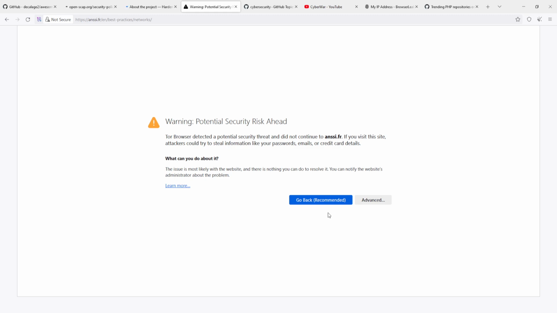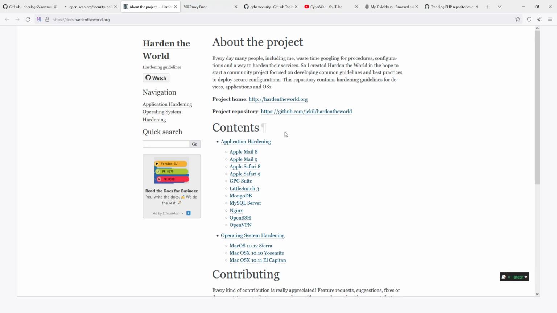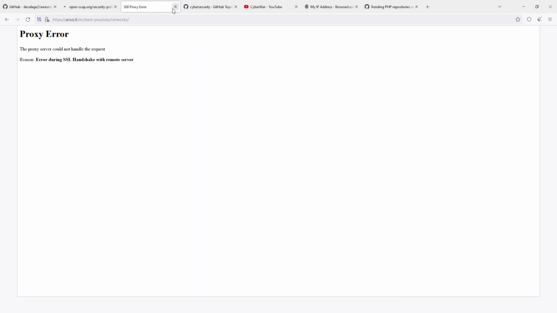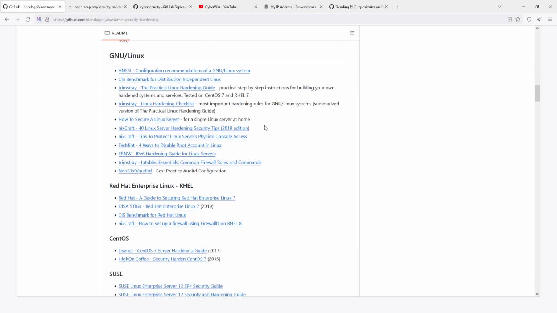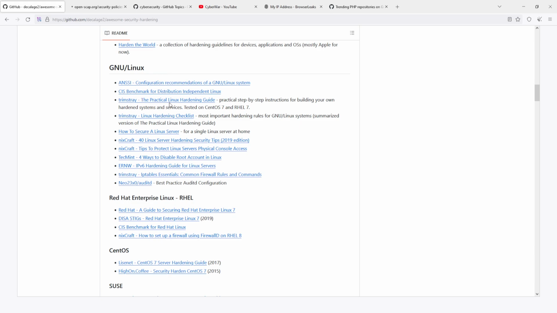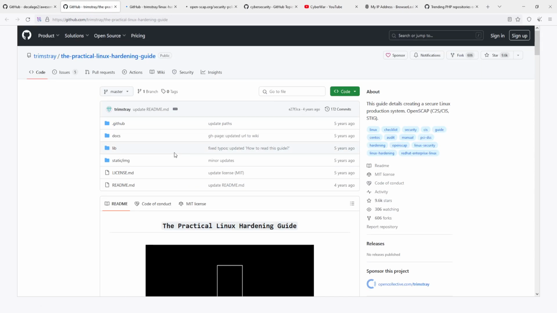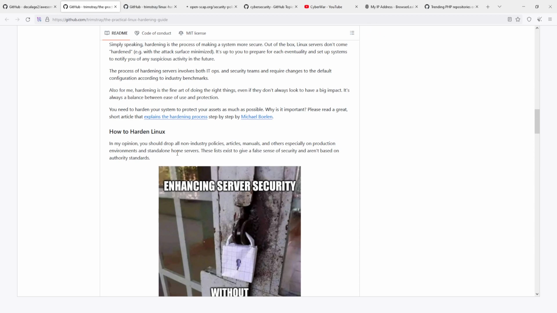We would want that, right? This one is focused on, I guess, Apple. Anyway. I get some errors because I'm using Tor. And you have them by categories, like for Linux, the Practical Linux Hardening Guide, Linux Hardening Checklist, right? And